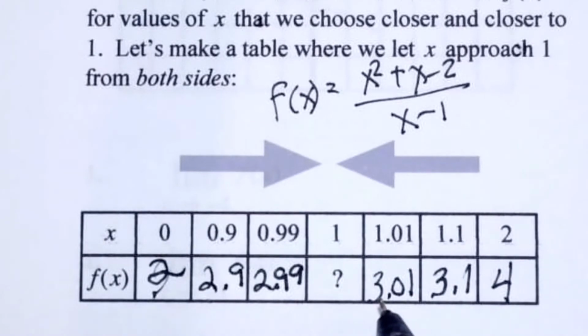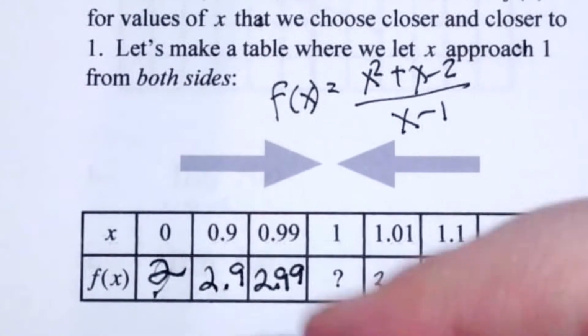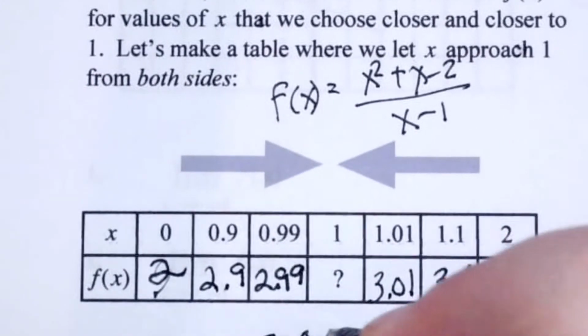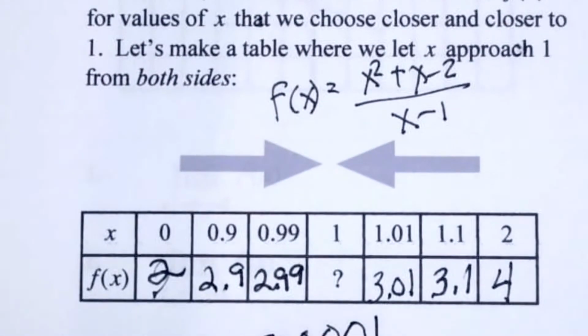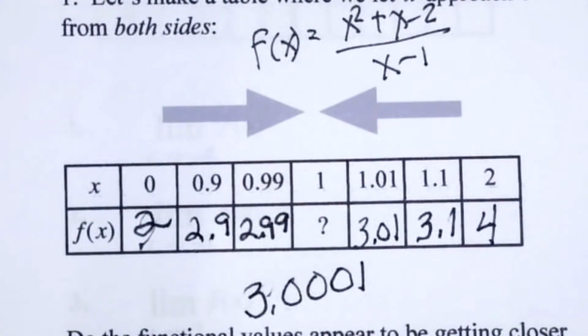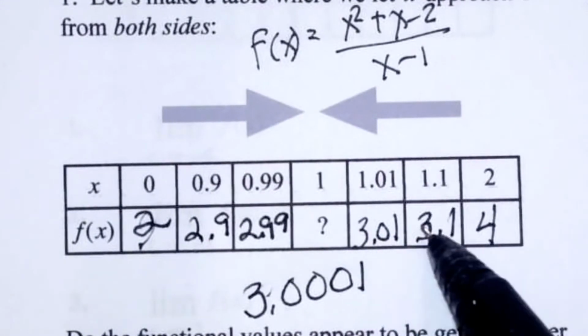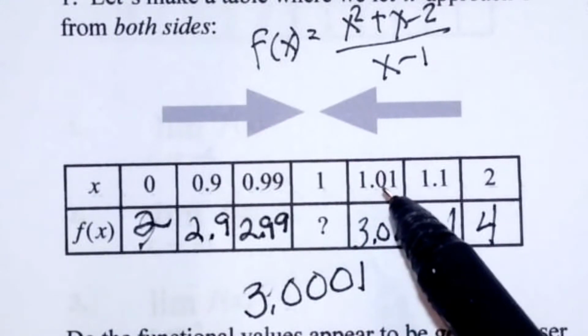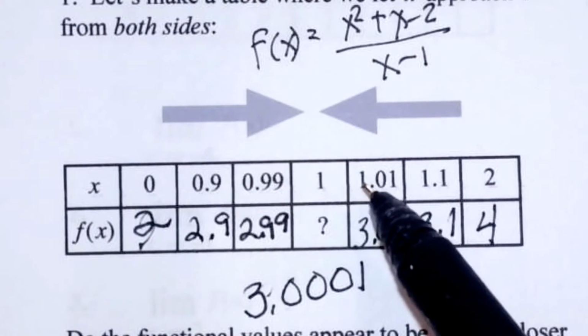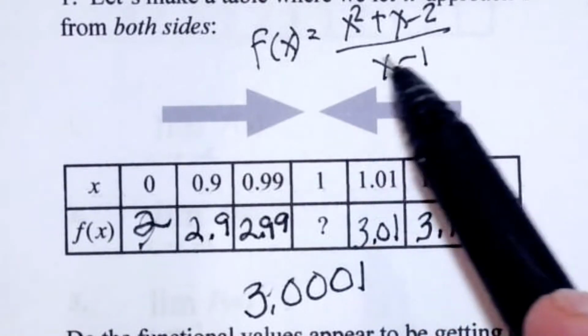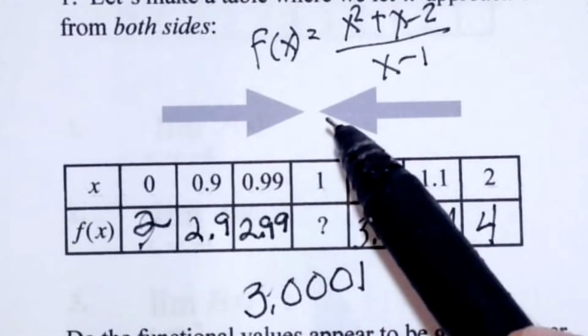Let's say we wanted our y value, our f of x value, to be 3.001. That's quite a bit closer to 3 than 3.01 is. So can you conjecture what it is that you would need to substitute in for x to get a y value of